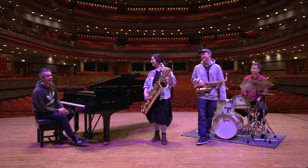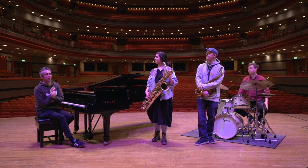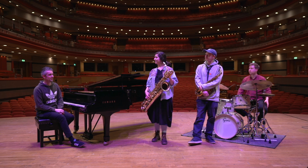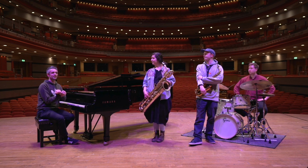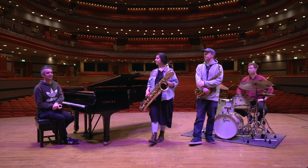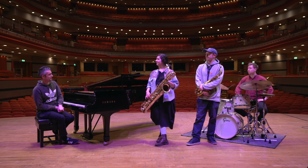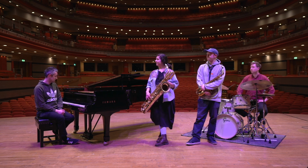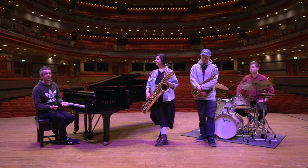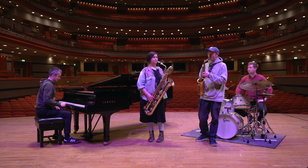Lovely. Great. And you'll find that phrase written out in the worksheet that has been sent through as well. Let's try our one starting on G7 altered. And this is going to start on a concert D flat and E flat triad. And for tenor instruments, that's going to be E flat and F. And for E flat instruments, that's going to be B flat and C. Let's try that. 3, and...